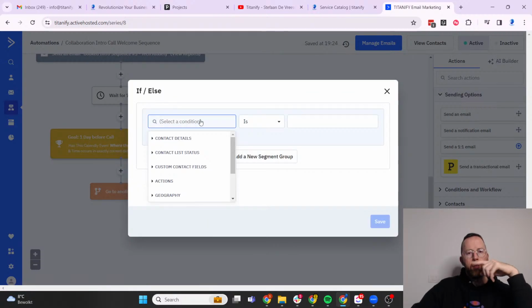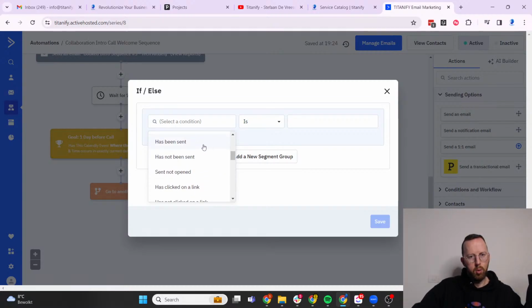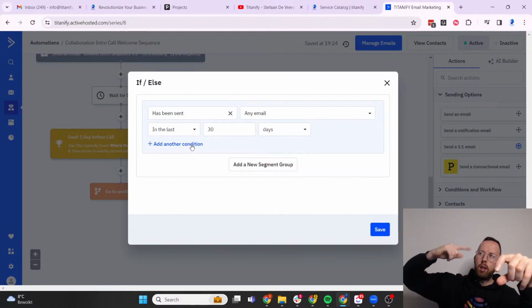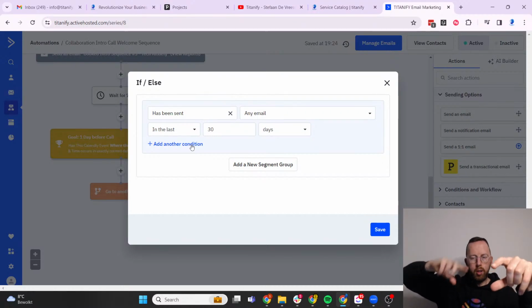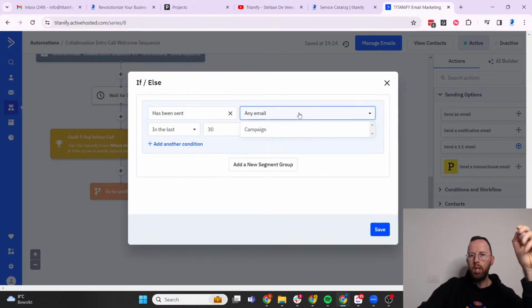we can see if they have received. I'm not sure if that is something we can do. Has been sent, yeah, this one. So what we could do is, let's say they get the first mail, the call is tomorrow, they jump to the goal, so they haven't received the second and third mail. The call is done. Well, we could say if they have not been sent this email yet,